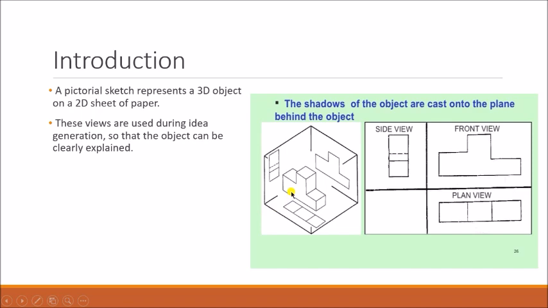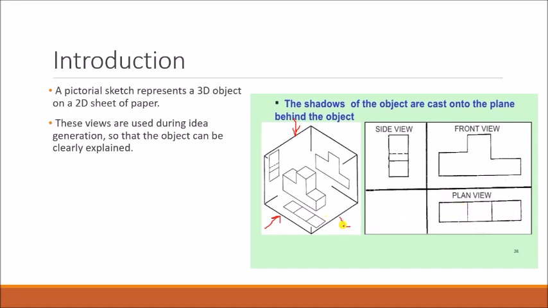So the front view is drawn on the vertical plane. You can see here the front view is drawn on the vertical plane. Same way the top view. Okay, I'll just use my pen here. You can see this is your front view. For example, if you're seeing from here, this becomes your front view. Only one face is visible, so that one face is drawn here based on whatever dimension is given. Next, this is your top view. I'm seeing from here on the top. On the top, three faces are visible, so the three faces are drawn based on whatever dimension is given on the horizontal plane. That becomes your top view.